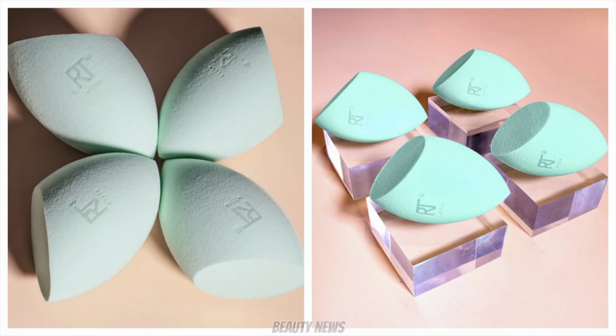Look, I want to say though, this image is so photoshopped that it annoys me. But it's the Miracle Complexion Sponge in a mint green shade. It is available at Boots UK. When I went to look at Boots UK when this launched, I couldn't find it anywhere. So it is what it is. But if you love the sponge and want it in a mint colour, which to be fair, I don't begrudge it because they have the basic sponge, which has always been orange. And I much prefer mint. They did do those pink glittery ones, and they were in a couple of different shades. They had a pink flocked one. But the mint standard one, they've never really changed the colour, so I don't hate it too